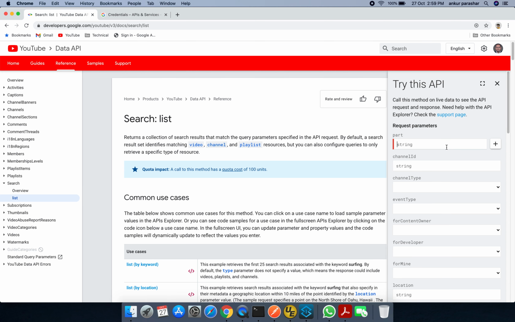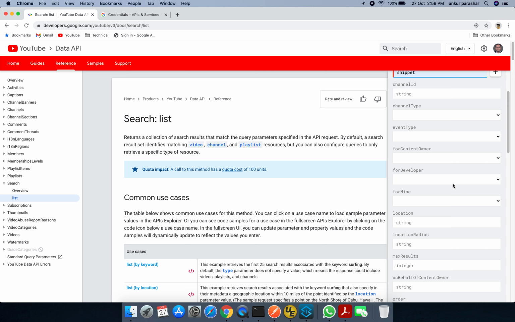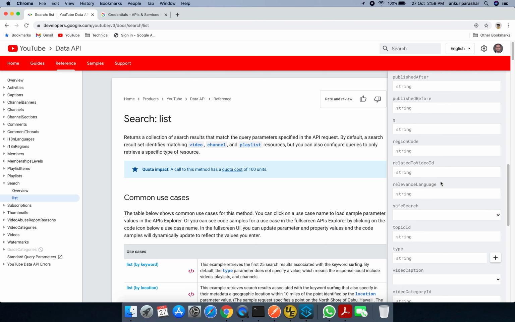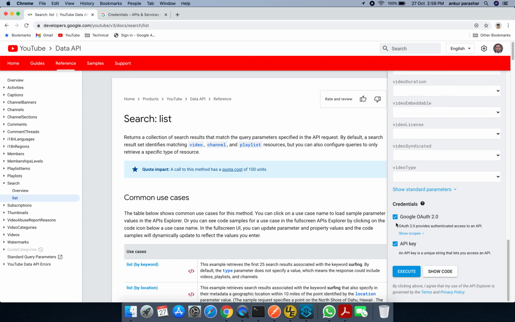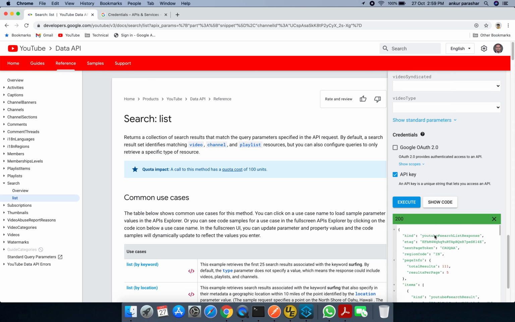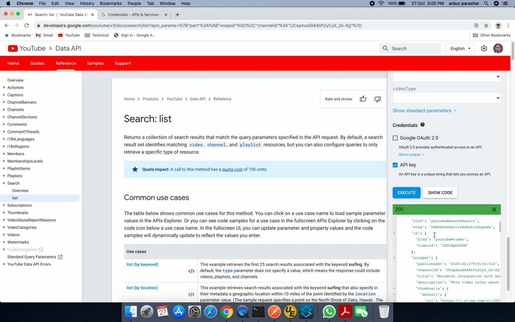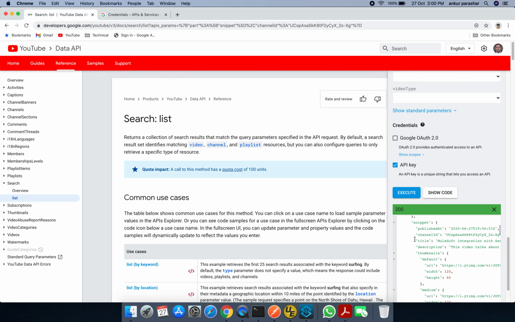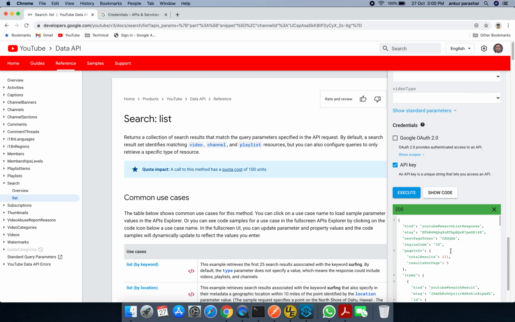So basically you can fill up some of the details like here, and just put in some details. Okay, so I will be using the API key. I will click on execute, and I got the response back. Okay, so I will be replicating the same stuff on the MuleSoft side as well, making use of similar APIs.